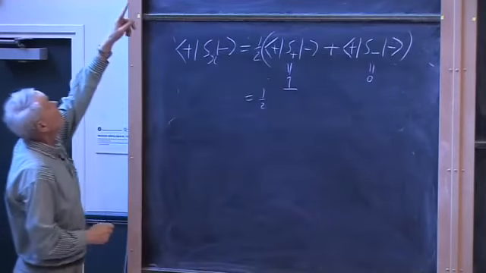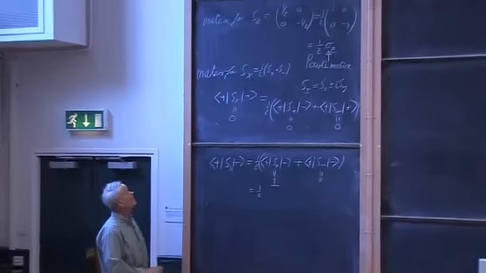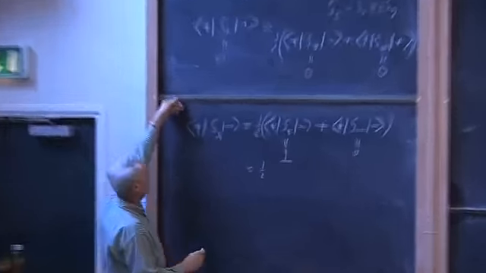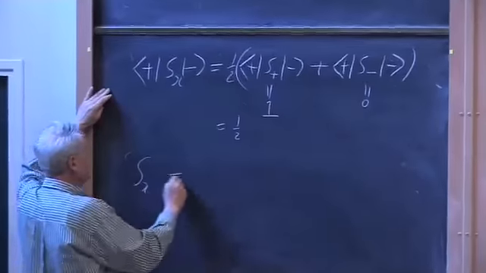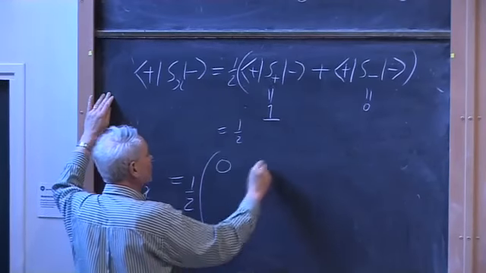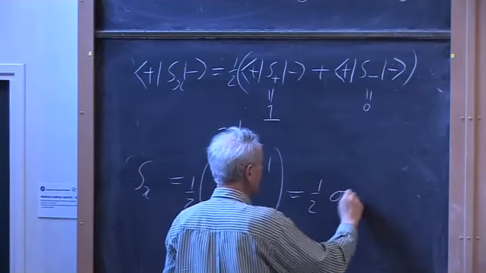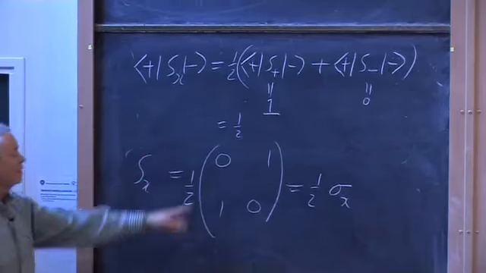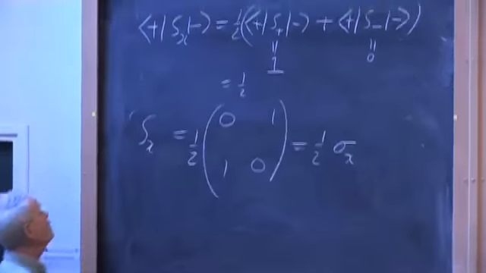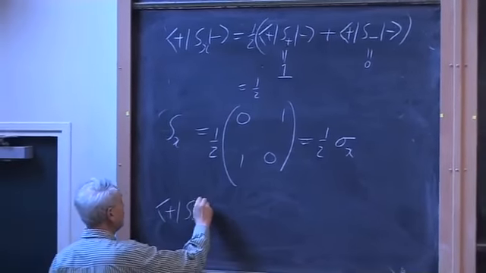We know that the bottom right-hand element is the complex conjugate of the top right-hand element because S is a Hermitian operator. So we know now that Sx is represented by the matrix half of nothing, 1, 1, nothing, also known as a half of sigma x, the Pauli matrix. This is the Pauli matrix sigma x. And when we do the same thing to find out what Sy is,